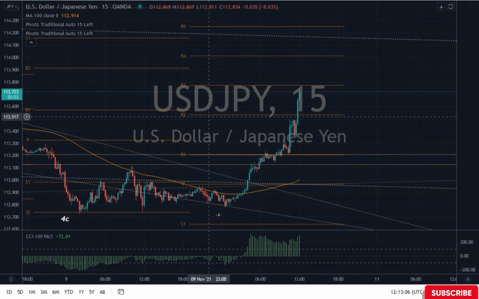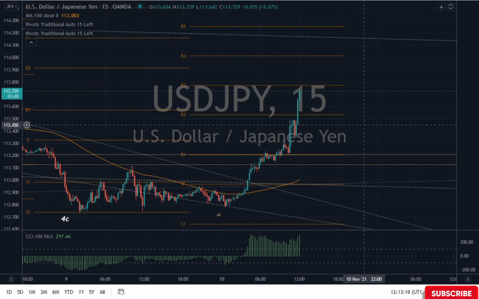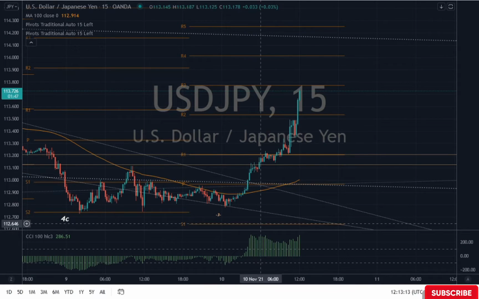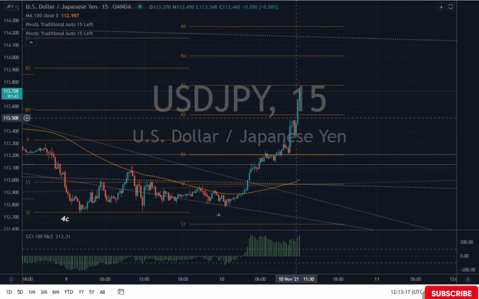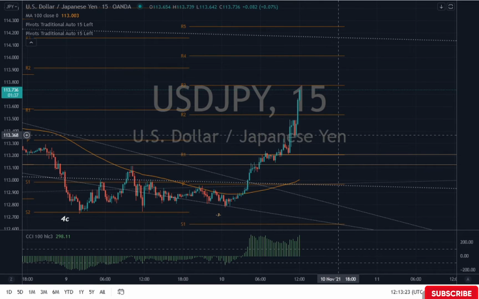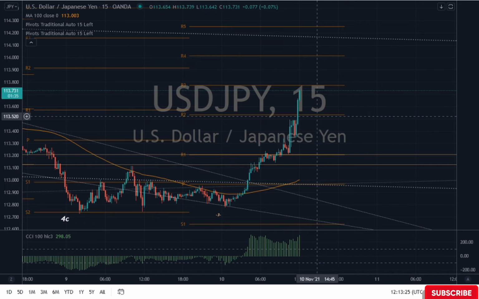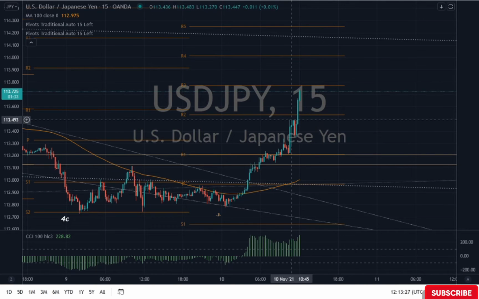From what I'm seeing here, I'm seeing, of course, resistances and internal pivots. All right, now I could simply, it's really that easy. The market is right here now at that resistance. It's going to fall back to this resistance, or it's going to fall back somewhere between both resistances. So I would expect a bounce at this point,